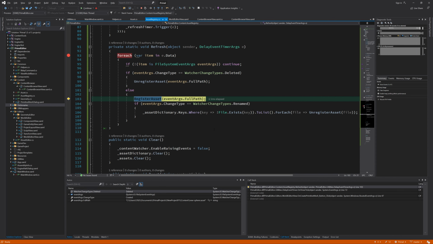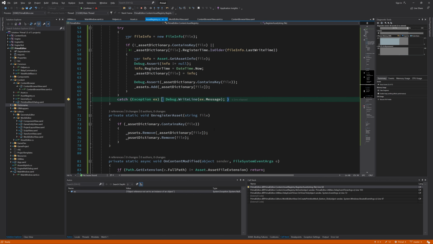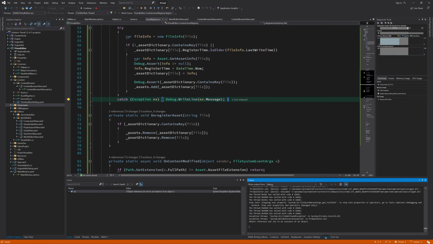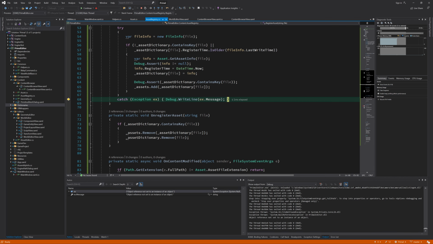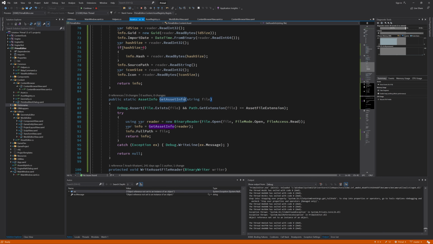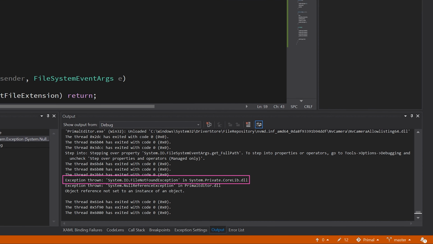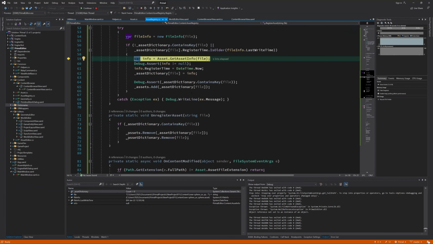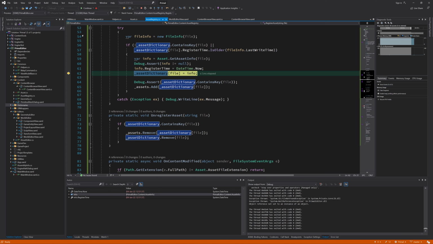Creating a new sphere asset, we get 4 event args, but this time we get an exception. I believe this is because we are trying to read our file too soon. When we create a file, it will take some time for the operating system to release it for access. As you can see here, we get a file not found exception, while we already do have a file sitting